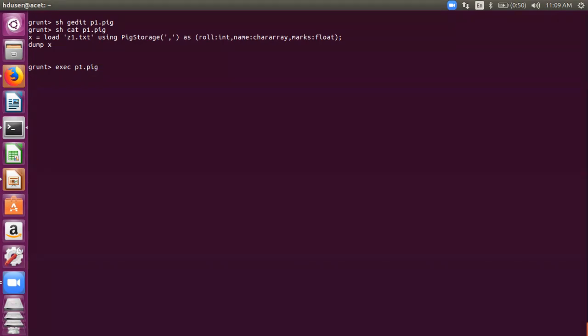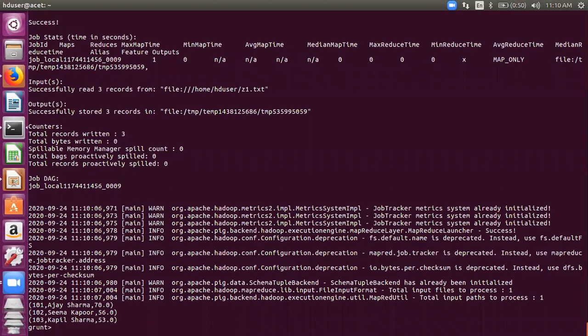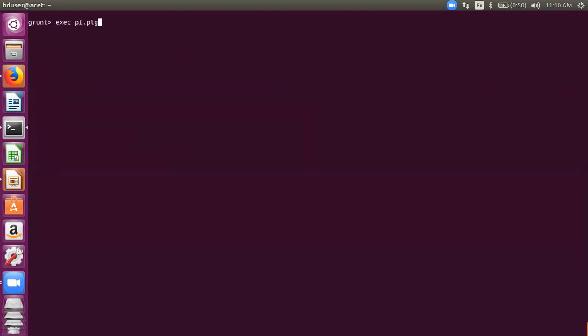The first command is load, which loads the file, and then dump shows you the contents of the file. So I'm running exec p1.pig, see the output. The same output that we discussed. It has simply executed whatever is written in the file p1.pig.